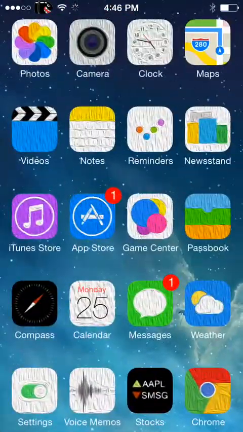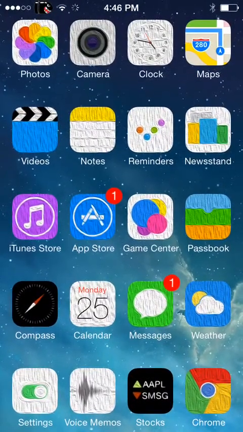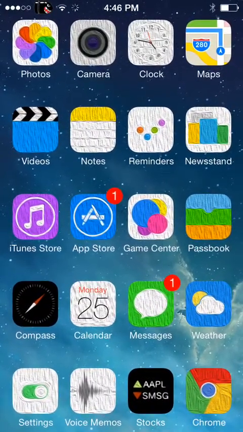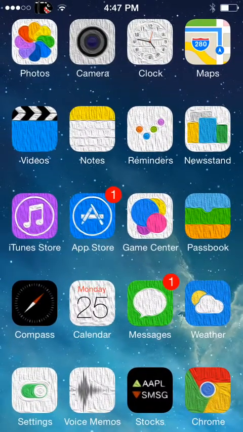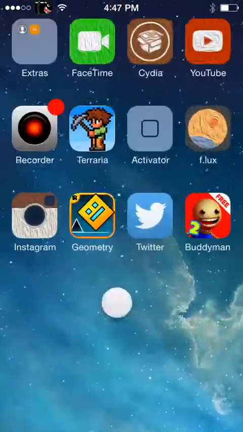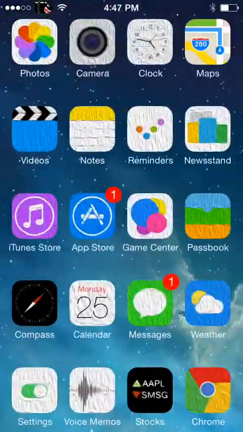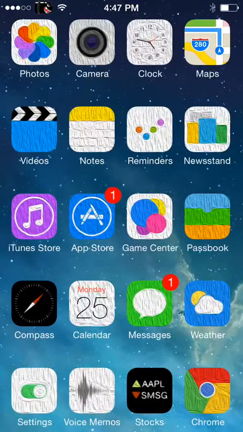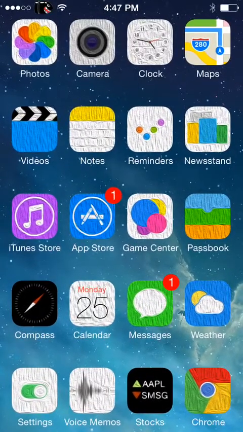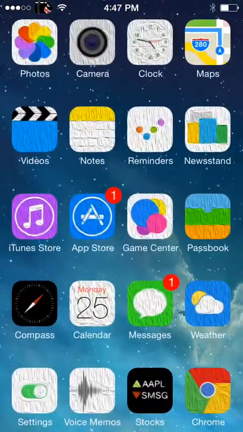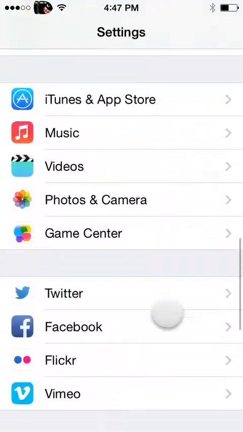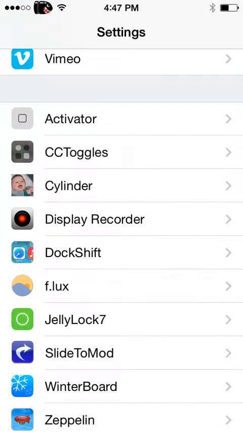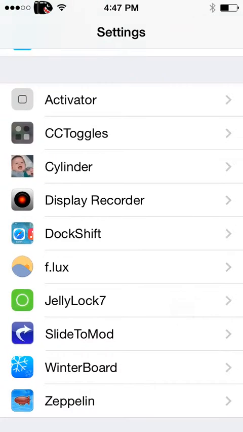Yes, I am. Now, as you can see, I just wanted to show you the one Cydia tweak you just have to have. And you know what that is? See how every single time I move my screen over, it kind of spins around more? You need to get that. That is an amazing thing. It's so cool. You can change it. Now, you know what it's called? I'm not going to tell you. I'm JK, and it's called Cylinder, right there. With the baby.